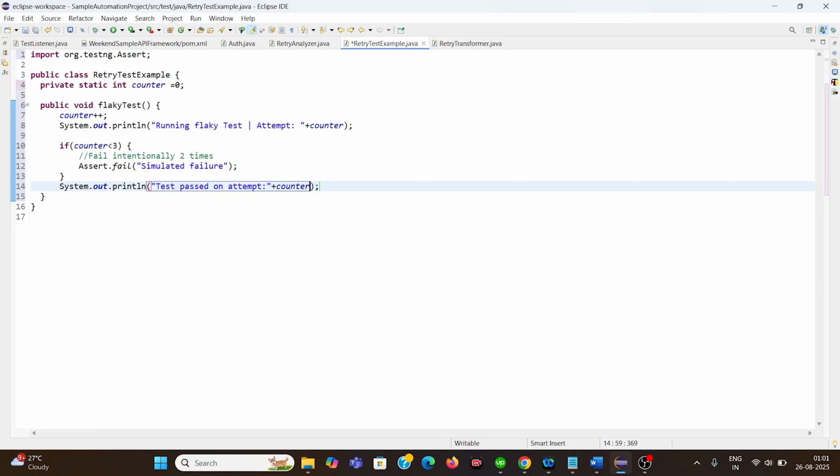Fine. So this test is a flaky test. It fails on the first two attempts and passes on the third attempt, because we have just set max retry count to 2 and testng will retry it 2 times after the first failure. So total 3 attempts. Finally the test will pass because it succeeds. It is going to succeed on the third run. So now I will do one thing. I will just go to my